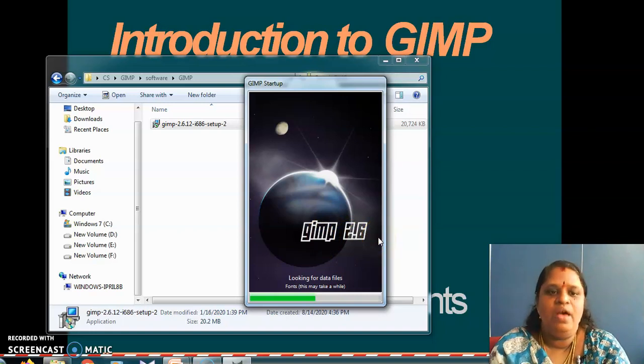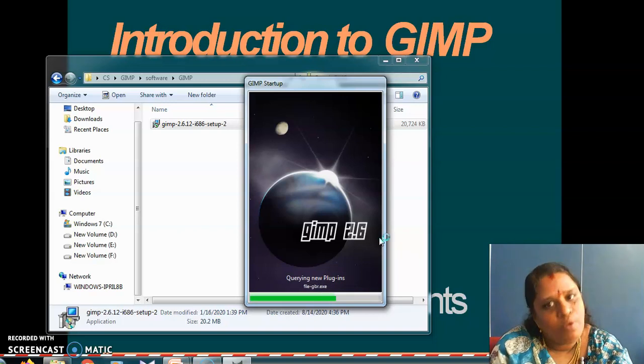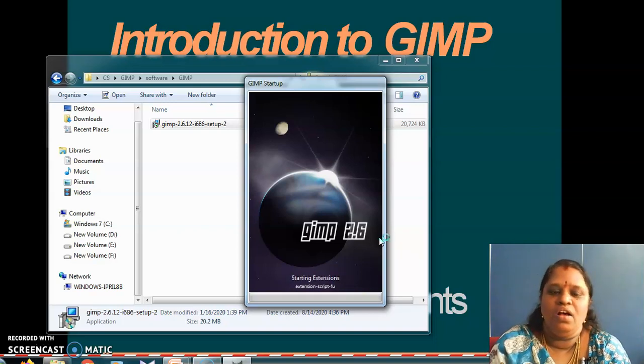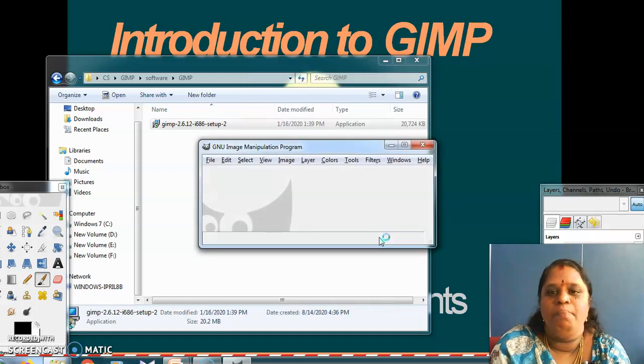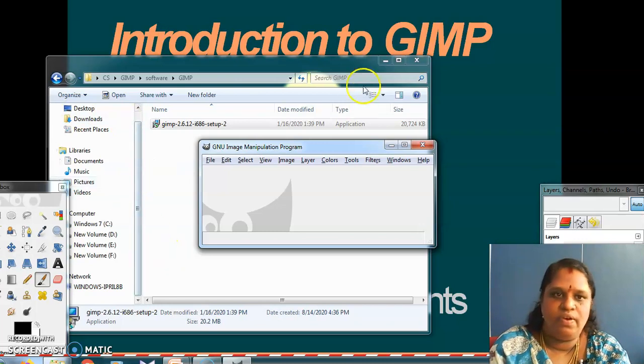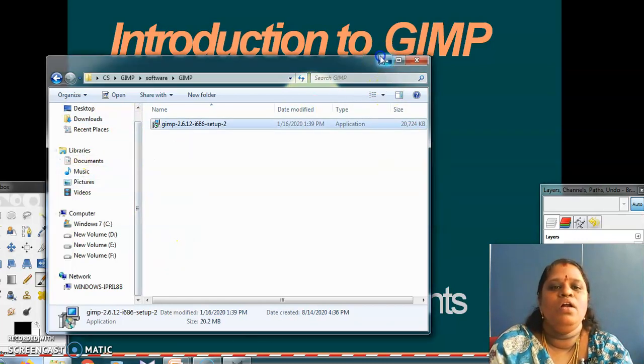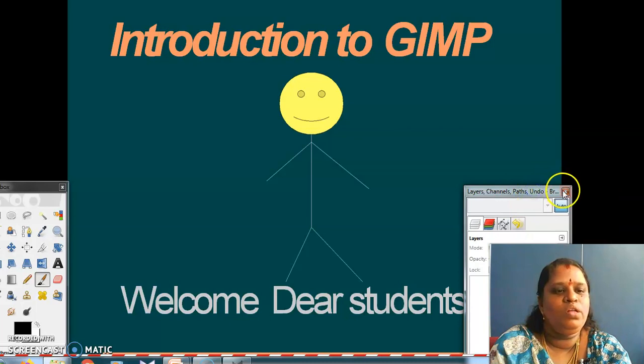You can do it for all other versions of GIMP. There are many versions, but in our book we are going to follow 2.6, and 2.8 also is okay. But other than that, if you go for GIMP 3 and all, something will not be similar. It will be an upgraded GIMP software where other tools which are not specified in our syllabus will be there. It is upgraded, but we are learning only 2.6. So this is your GIMP software. This we can learn afterwards. First we will go to the first lesson.